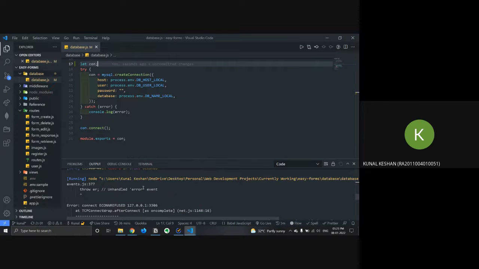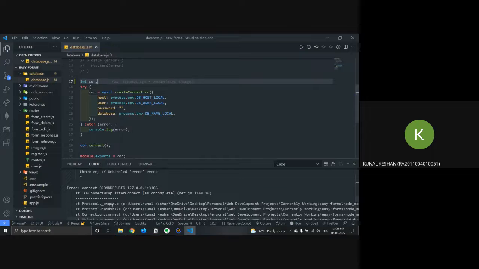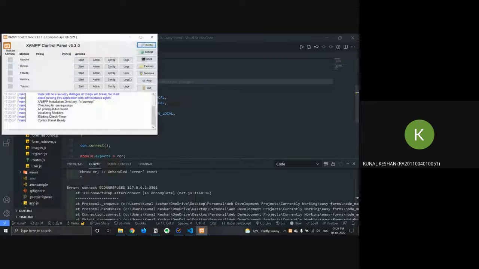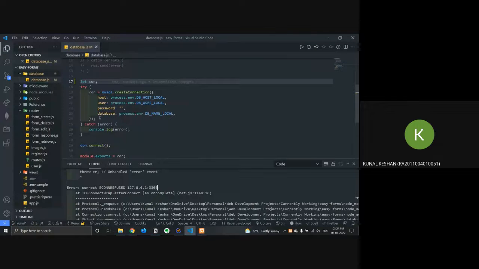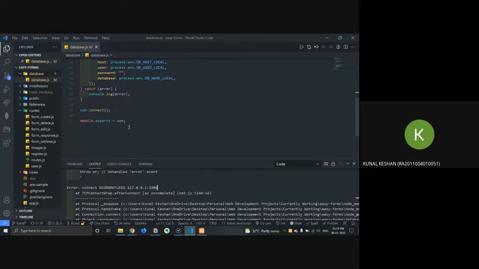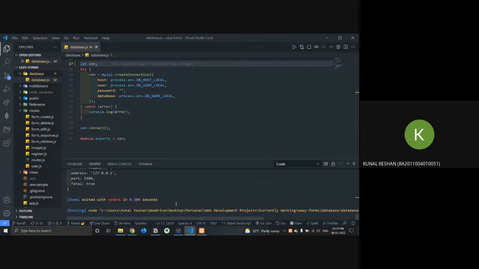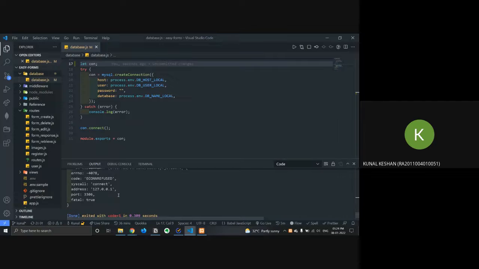Yeah, this will give me an error. You can see here it's showing connect ECONNREFUSED. Why? Because I have not initialized my SQL server right now. So I just started it. And if I run it now, there is no error.